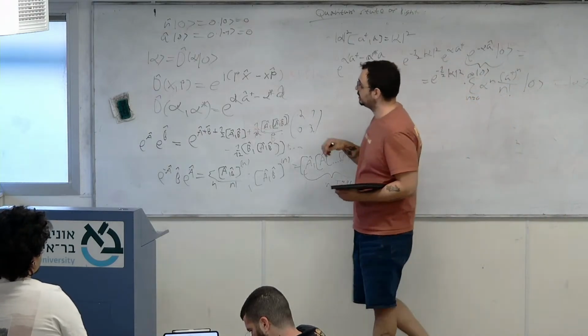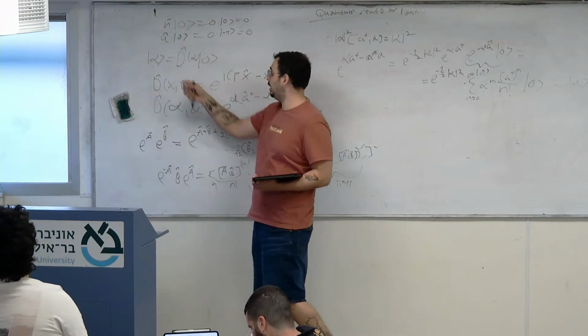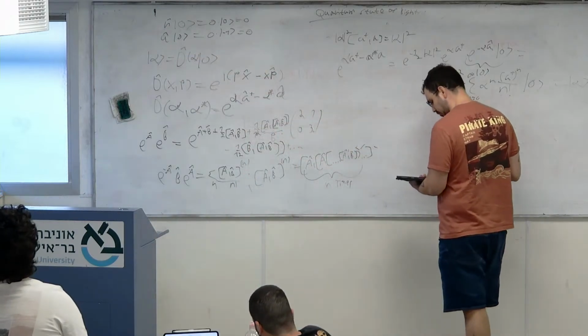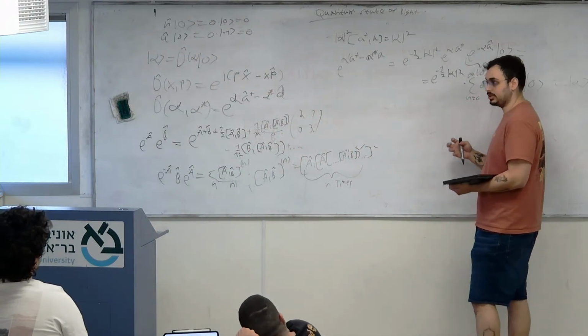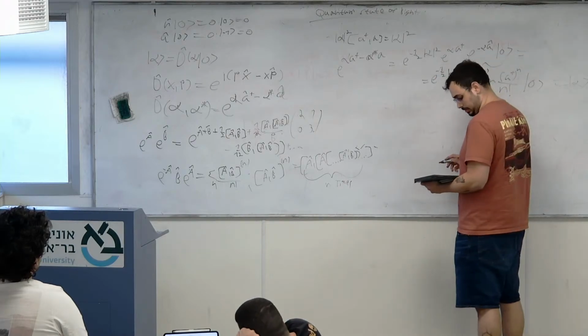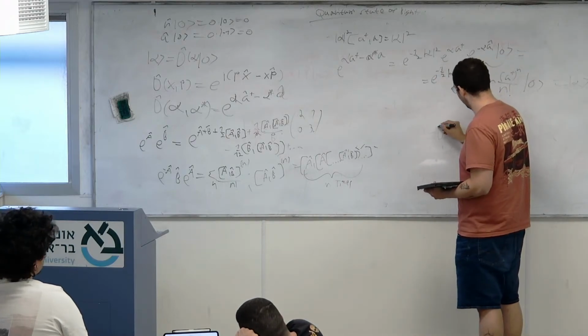Now to transform the operator A, if we want to go to what's called the Heisenberg picture, this is the Schrödinger picture. The Heisenberg picture, we take, oh no,